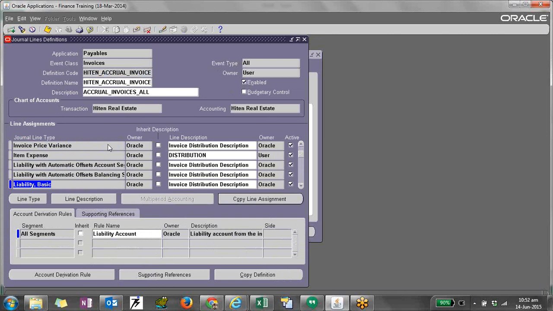So right now we have selected the liability line. How has the liability been selected? For this, the rule is — this is the name of the rule. This is not the account which has been picked. This is the name of the rule given by the system, and this rule is created by